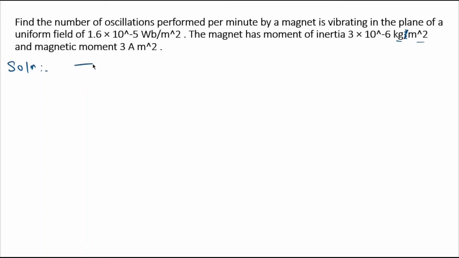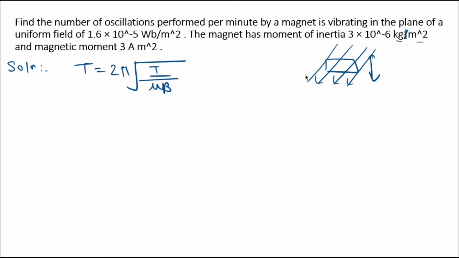is given by T is equal to 2 pi root under I upon mu B, where I is moment of inertia and mu is the magnetic moment and B is the magnetic field. So here they have given us that a magnet, let's take any magnet, is performing vibration going up and down in the plane of uniform magnetic field. Suppose a uniform magnetic field is passing through here and this